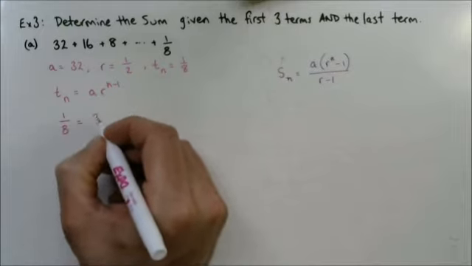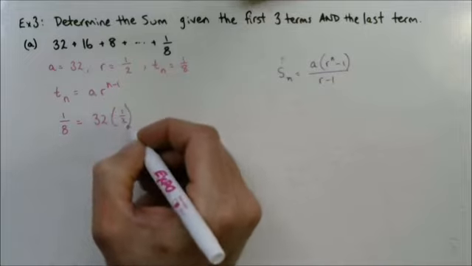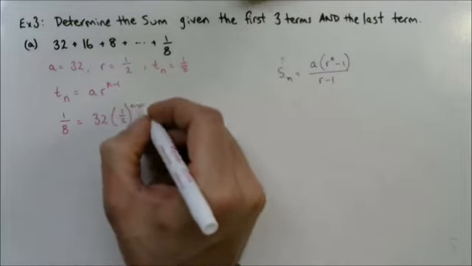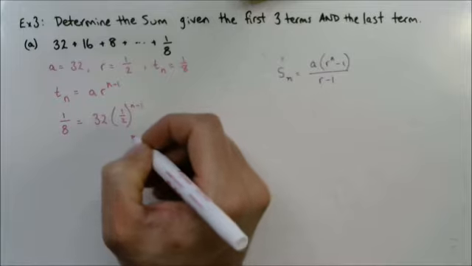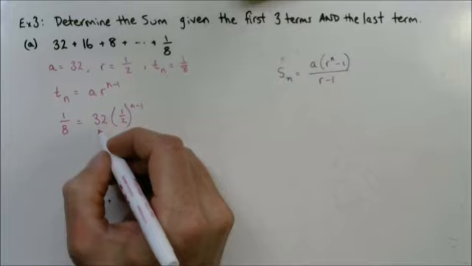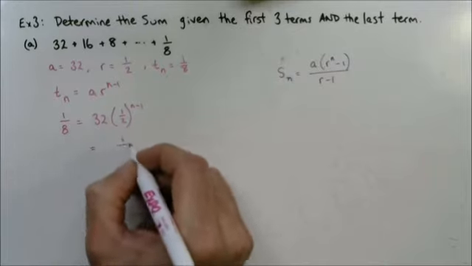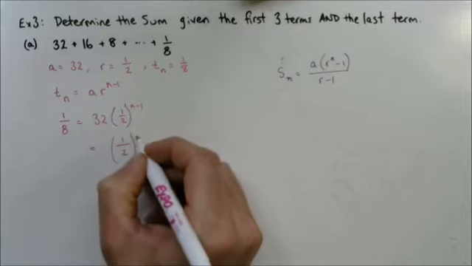We know the first term is 32. We know the ratio is 1/2. And up here we have n minus 1. All right, we're going to solve this the same way that we did before. We're going to divide both sides by 32. On the right side, that's easy to see, it's going to leave us with 1/2 to the power of n